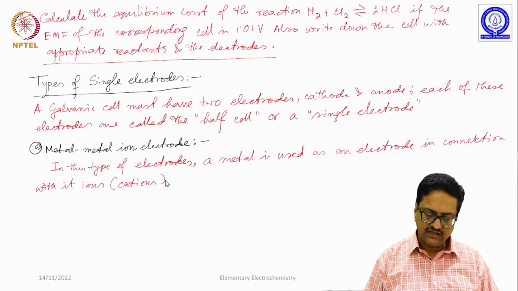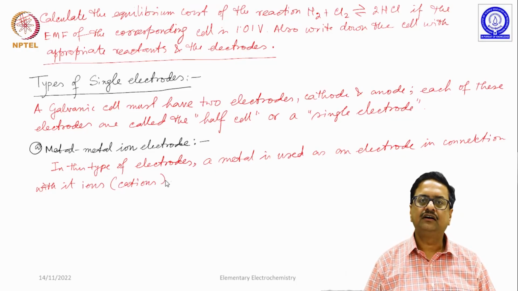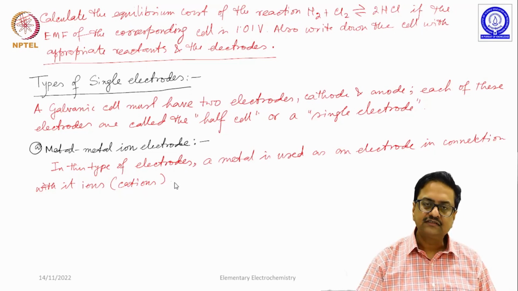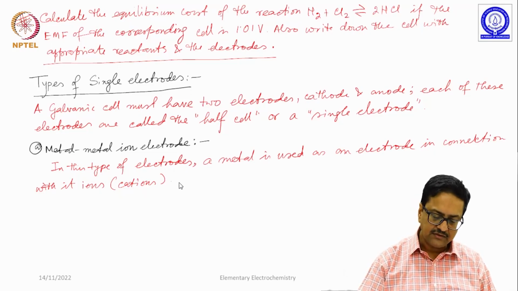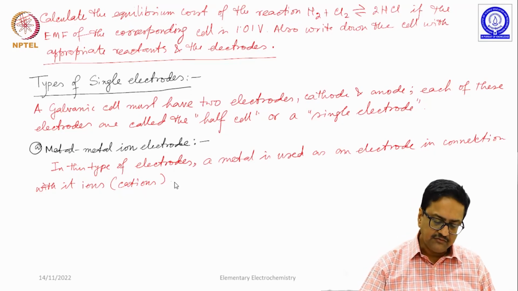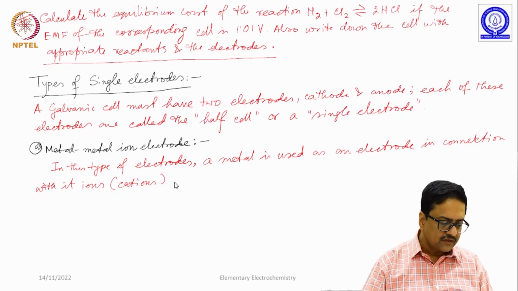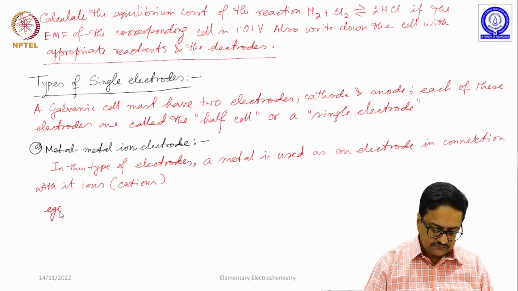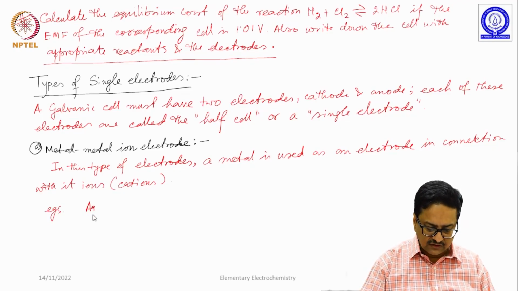So when a metal rod is dipped in a solution of its cation, then the combination is called the metal ion electrode. Some examples are silver plus electrode,